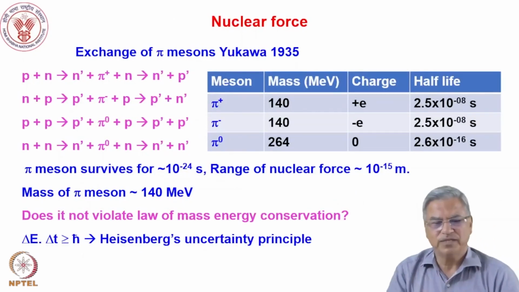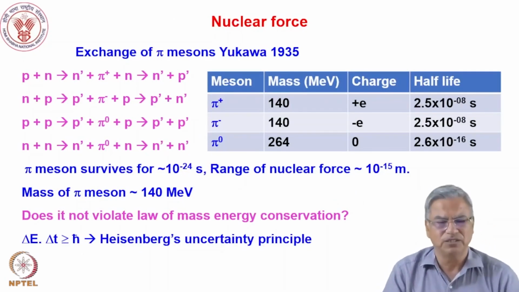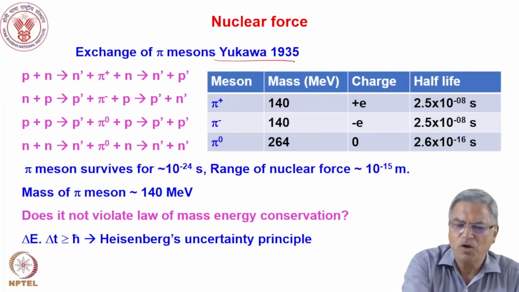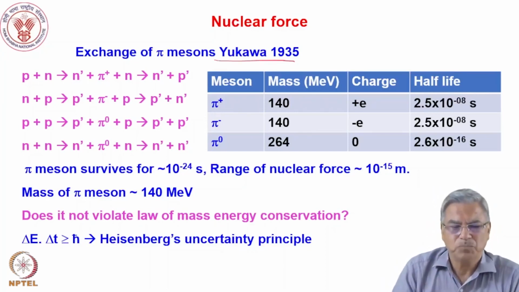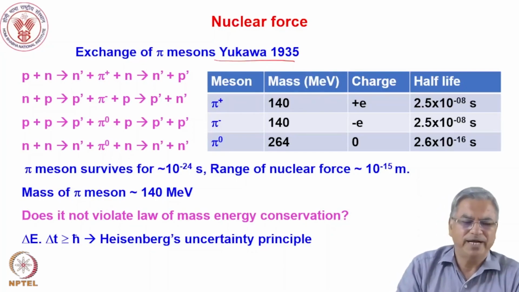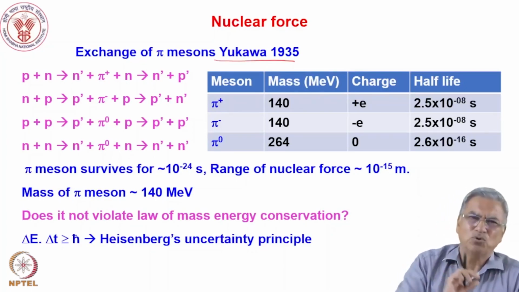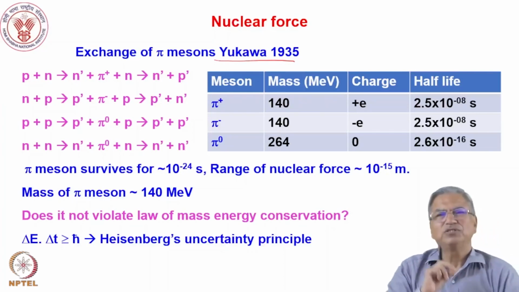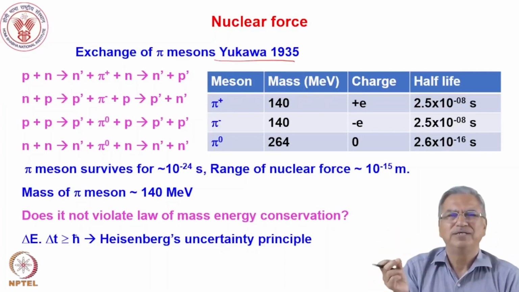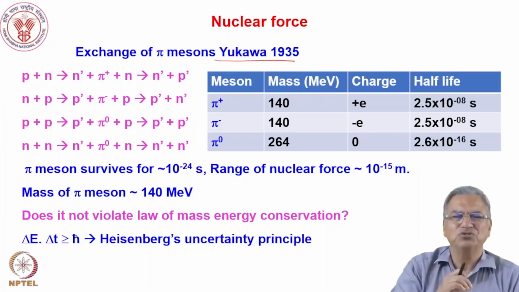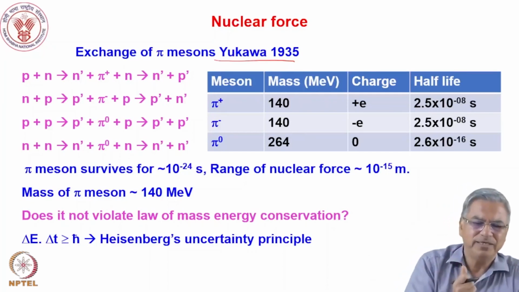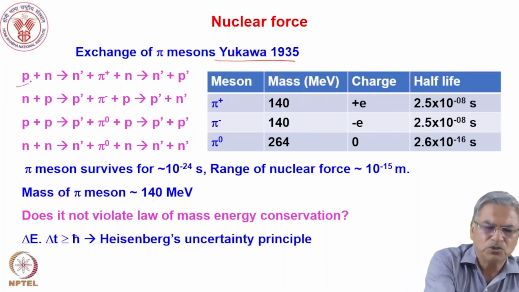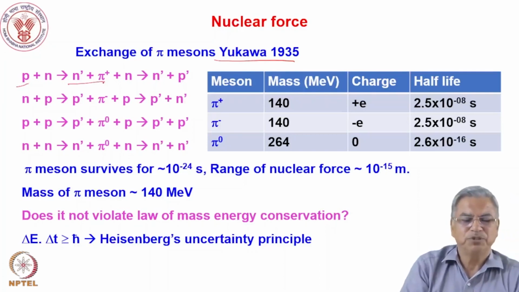Okay, so let's go further. What holds the nucleons together in the nucleus? In 1935, Yukawa gave the exchange theory of pi mesons. He proposed that inside the nucleus, proton-proton, neutron-neutron, or proton-neutron pairs are exchanging a particle which he called the meson. It is like two players playing volleyball. If the volleyball is exchanged very fast, you will see a blur between the two players, and that binds the two together. Similarly, here a proton gets converted into a neutron and a positive pi meson,